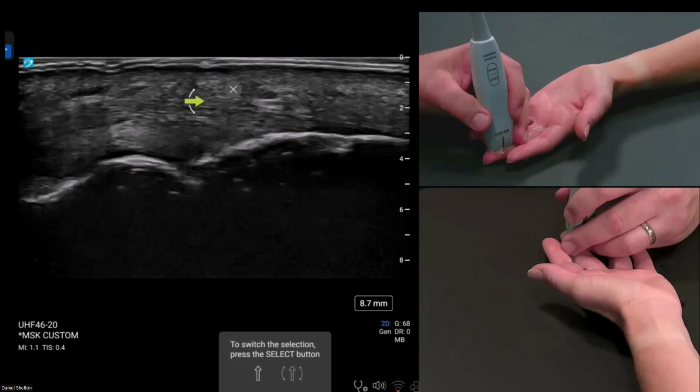We do have a question that just came in. What is the orientation of the needle when doing thumb A1 pulley injection? So with thumb A1 pulley, we will have a procedure series later next year, basically where we go over injections. We'll have guest speakers, guest physicians in that case, on how much of a medication to include, volumes.